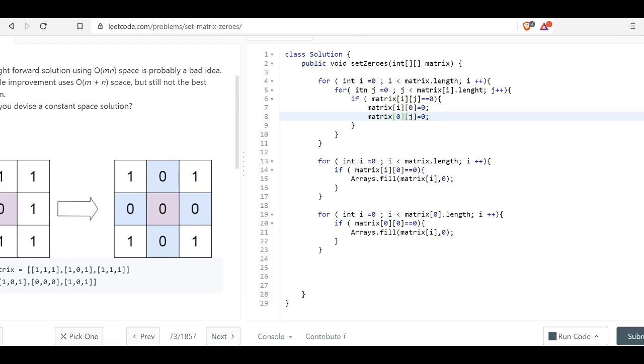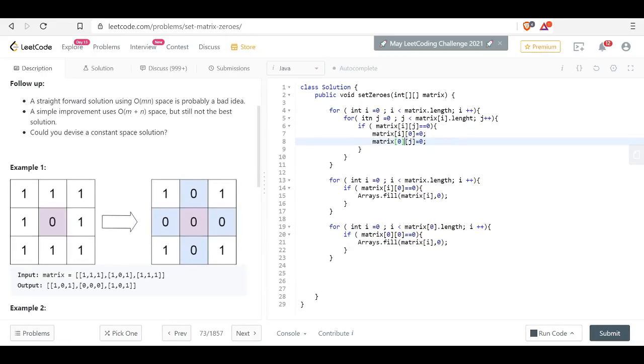Did I speak right? Yeah, I think I did. So here you can't use matrix this way. They say that if matrix[i] equals 0, what do we need to do?